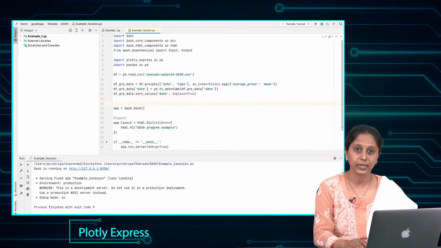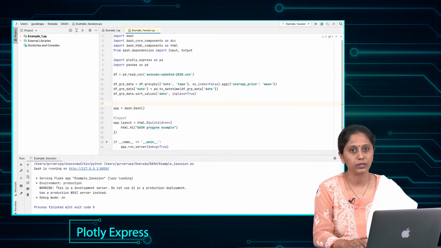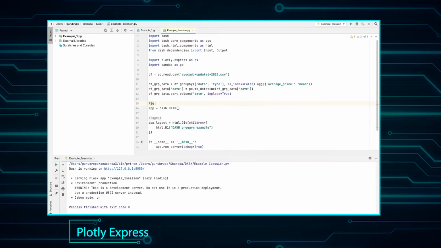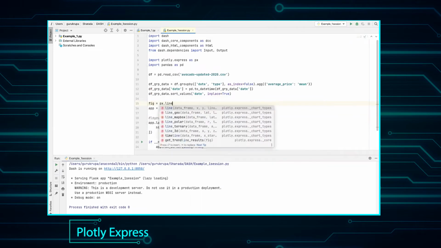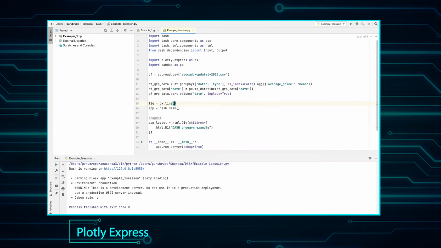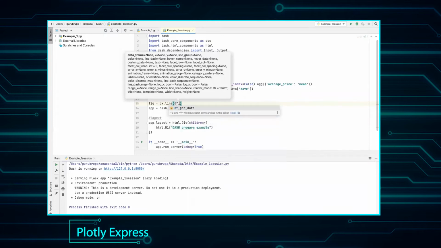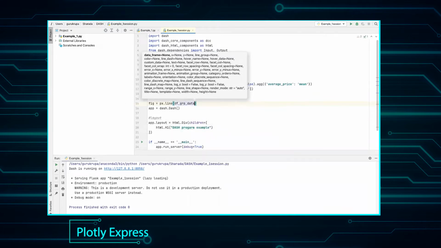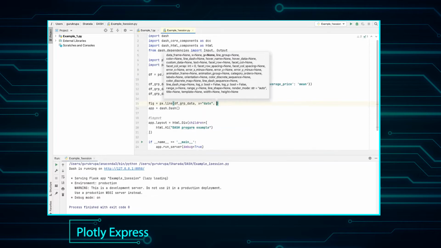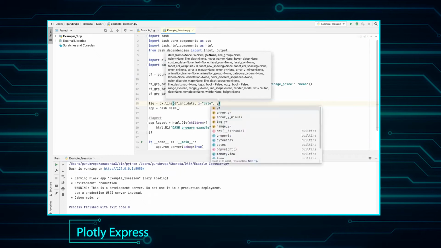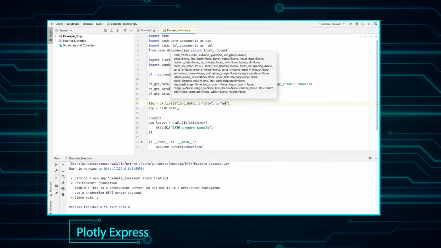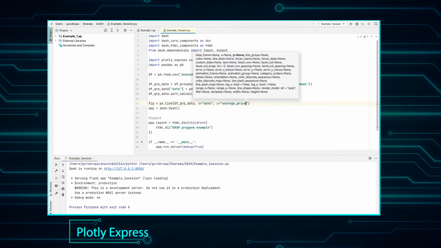Now let us create a graph using Plotly Express. A line graph where my dataset I will give, I will say the x axis would be the date field and my y axis would be the average price.